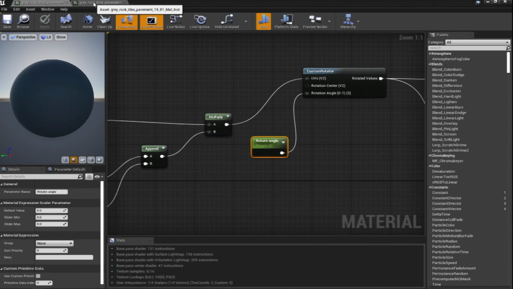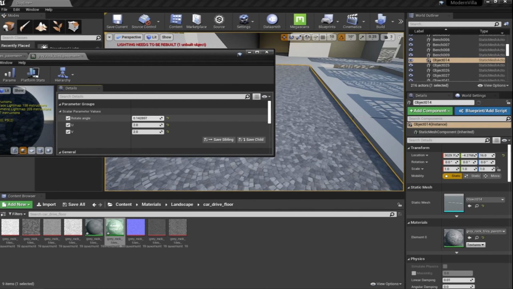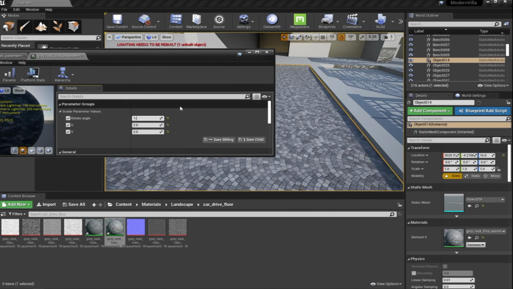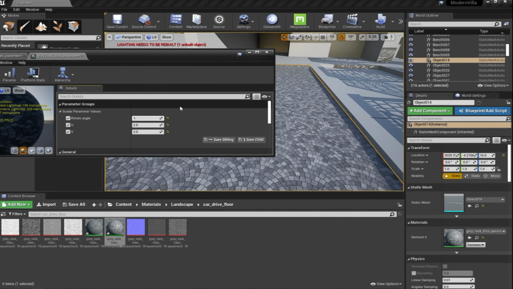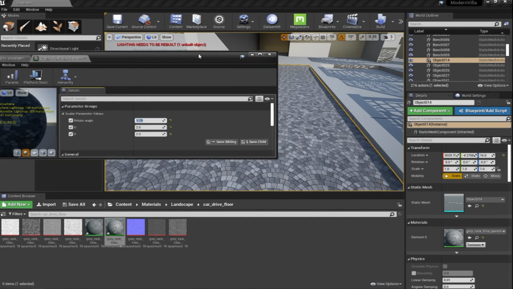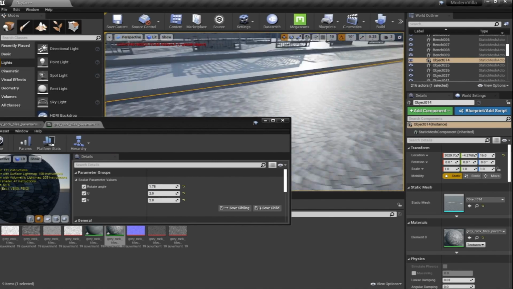and we'll go to the material instance that we have created. Let's see if this is gonna work. Yeah, seems like it's rotating our map now. I'm just gonna put it like 1.75. Yeah, this is enough for now,